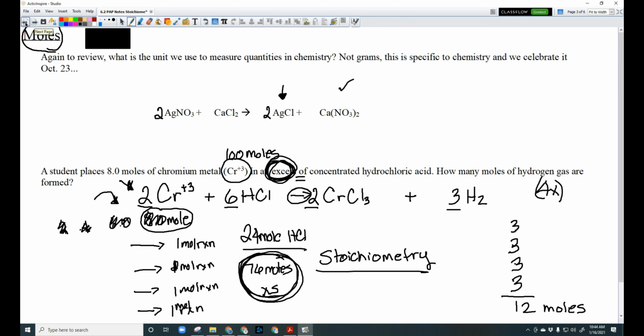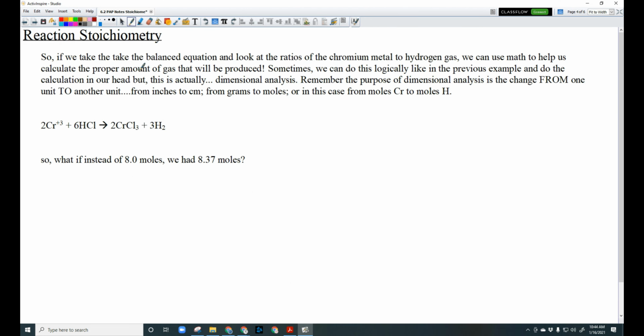But using these coefficients, these molar ratios, to answer questions about a reaction is what's called stoichiometry. If we take the balanced equation that we looked at for the ratios of chromium metal to hydrogen, we can use math to help us calculate the proper amount of gas that's going to be produced. Sometimes this is really easy and really logical because we're given a whole number like 8 moles, right? But